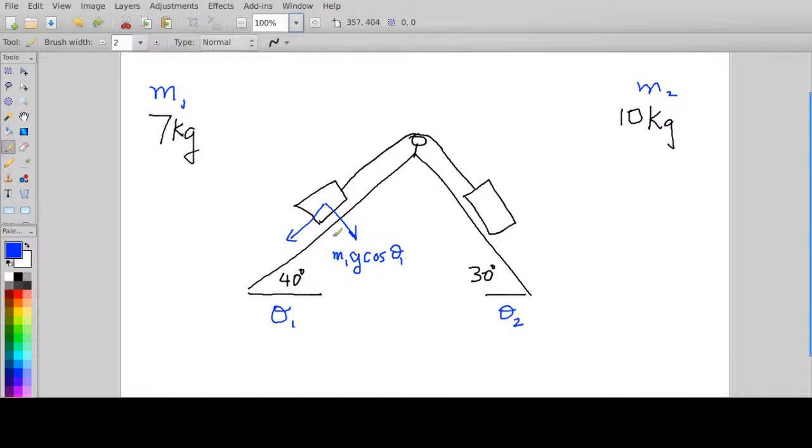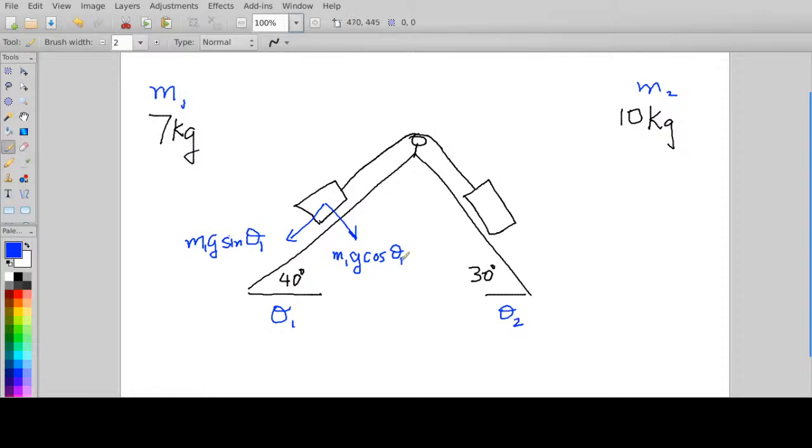All right, so that's the perpendicular component. And the parallel component, well, once you get the perpendicular, it's m1g. The other one is the sine. So the perpendicular is the cosine, and the other one is the sine, like that, sine theta 1. All right? Okay, we'll calculate those on the other whiteboard in a minute, but that's gravity broken up